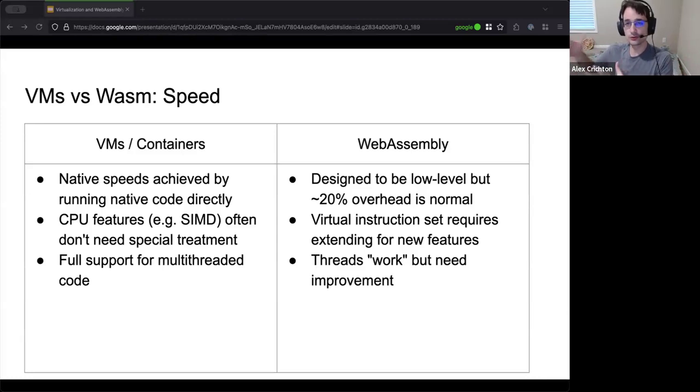Whether you're out of control, out of memory, or in infinite loops, the host can stop you at any time, can axe you at any time. If you ever ask for more memory, the host is always interposing, saying, you want 10 gigs of memory, but I only give you 128 megs, so I'm going to say no, you can't get 10 gigs of memory. So that's the virtualization aspect: the host has complete control over these knobs and can always deny resources to WebAssembly as it wants. I'll pause here. Any other questions, or did I answer those? Any further questions? Did I answer everything?